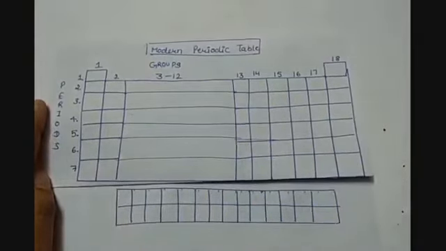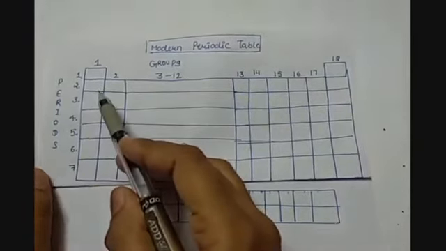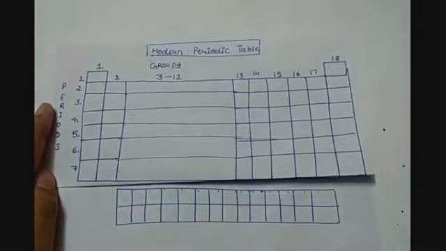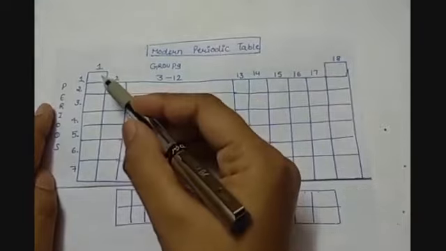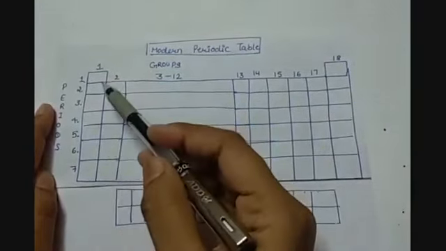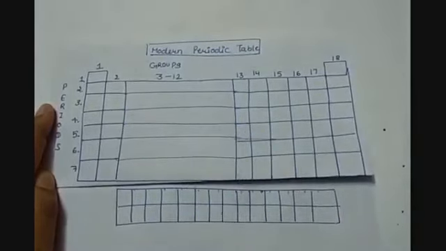But we know that the number of valence electrons is equal to the number of the group. So all the elements present in group 1 will always have 1 valence electron. Although as we go from up to down in a group, the atomic number increases, so the shells will also increase. But the electronic configuration remains the same, which means the valence electrons will always remain the same.